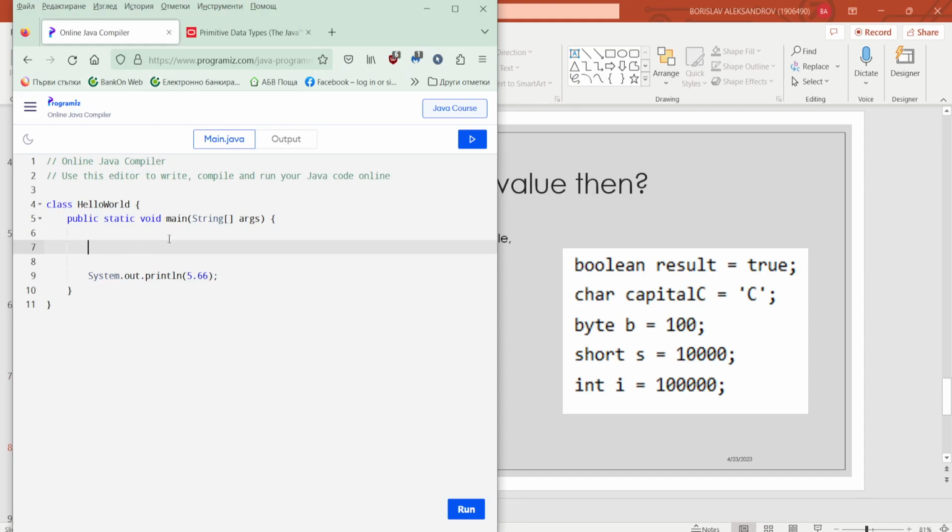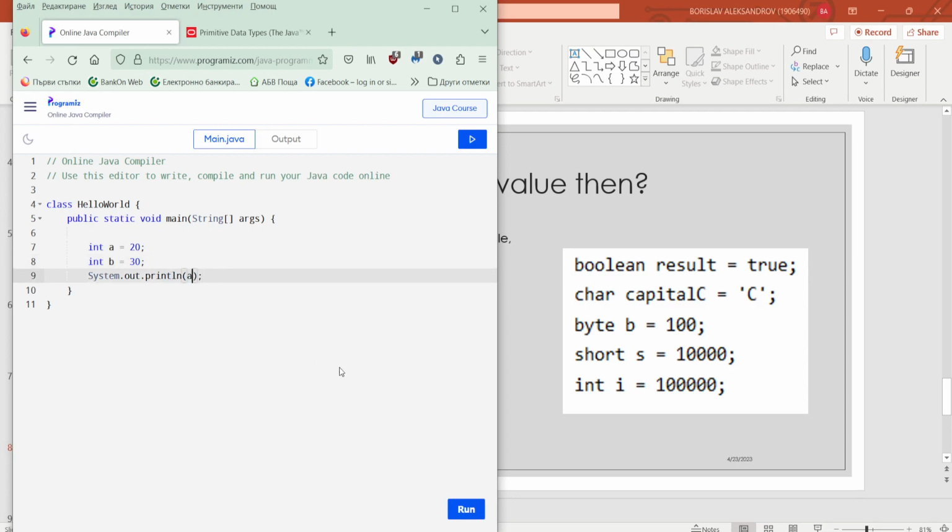So if I want to type int a equals 20, and remember, you must always finish every line of code in Java with a semicolon, because this basically says the integer a contains 20, and this ends the line. And if I type in int b equals 30 and end the line,